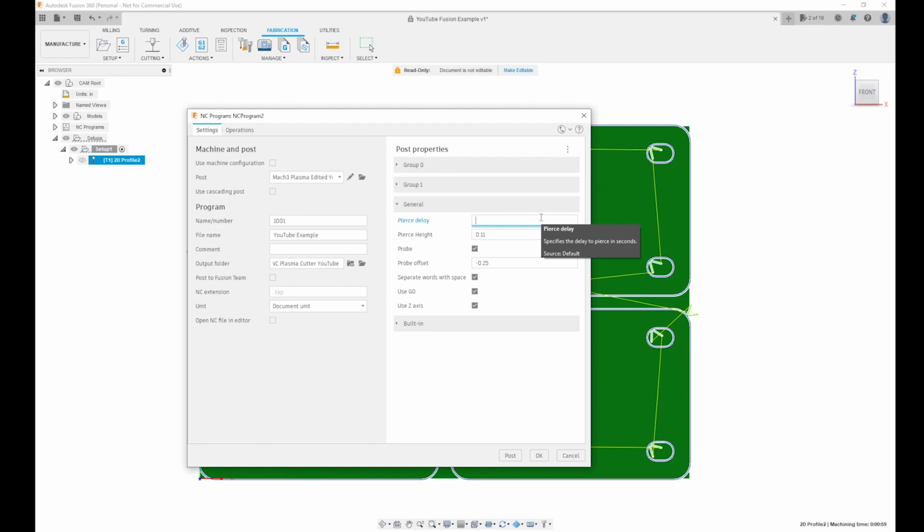So for 1/8 inch, I want to delay 100 milliseconds. So then the pierce height, see how it just autofills this 0.11. Also probe was checked, and the probe offset is negative 0.25. Just make sure those are the values that you specified in the code, and then use